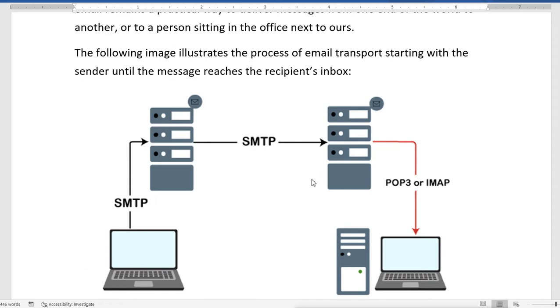Now if we want to receive mail, we use POP3 or IMAP. So when we send mail, we use SMTP. When the client sends mail, it goes using the SMTP protocol to the mail server of this client. Then, if the mail is for a client of another mail server, the mail server sends it to the other mail server using the same SMTP protocol. From that server the users can download or access the mail using the POP3 or IMAP protocol.